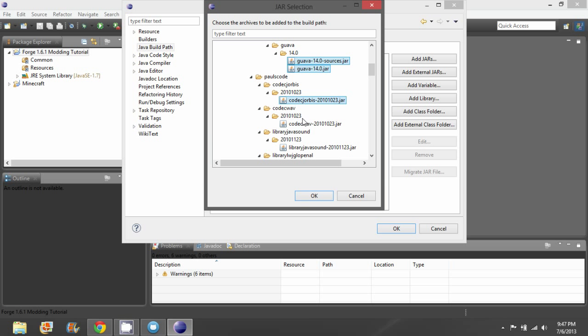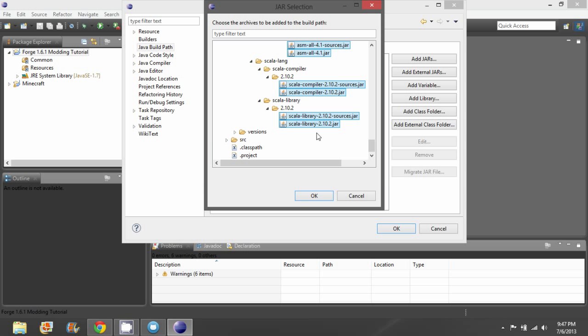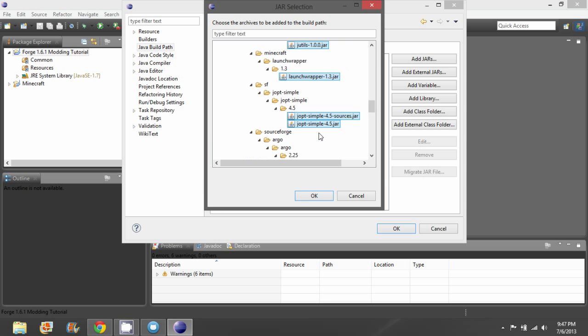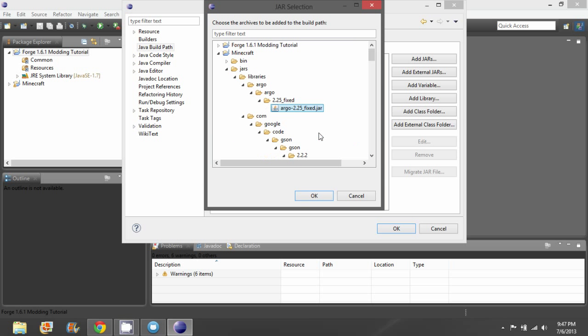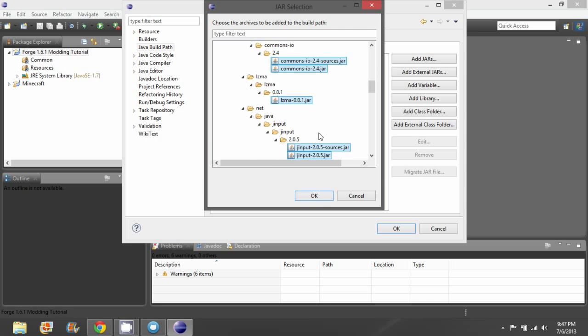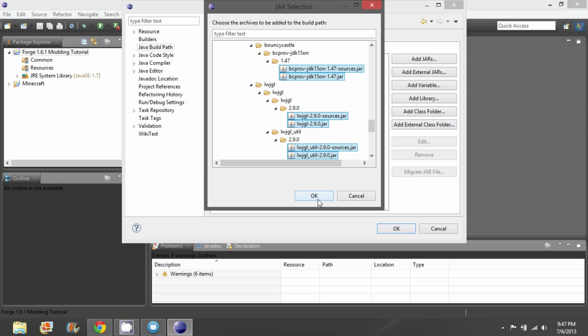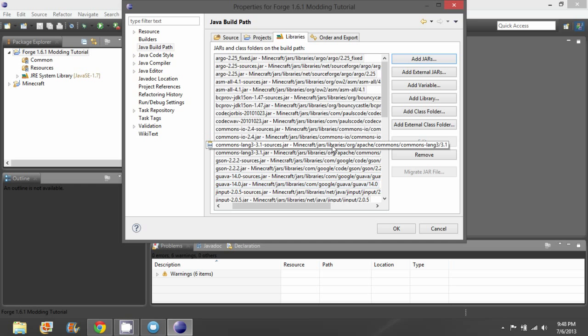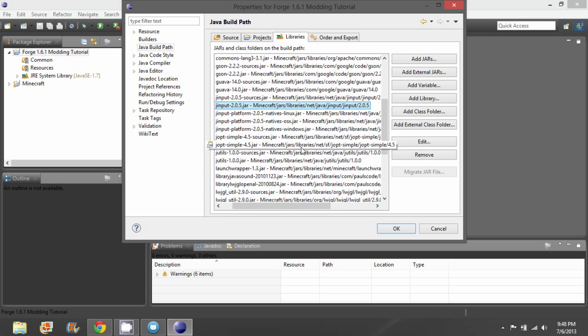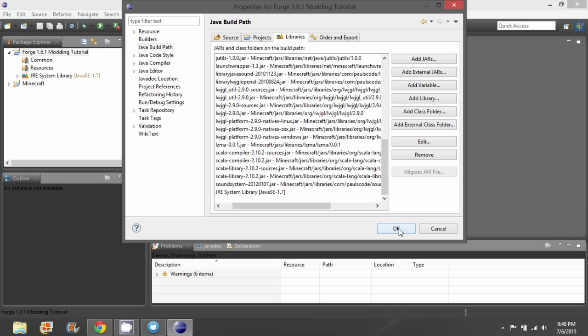So let me go through and not copy, but highlight all of these. Whenever I said all of them, I did mean everything that was inside of jars, except whatever was inside of version. So it's got all of this, and then hit OK. And so that has all of these, and then OK.